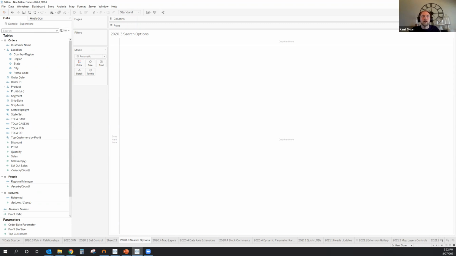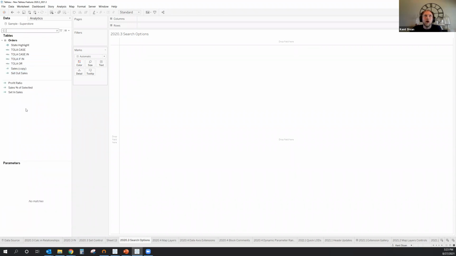What I can actually do is there's this little funnel that popped up here on top of our data window. If I click on this funnel, I will see the options to filter by calculation, dimension, or measure. And actually there's a scroll in here for one that's often missed called comment. So now I can select this to filter for all of my calculations. That's a handy way to quickly find what calculations I have added. How do I then use this?